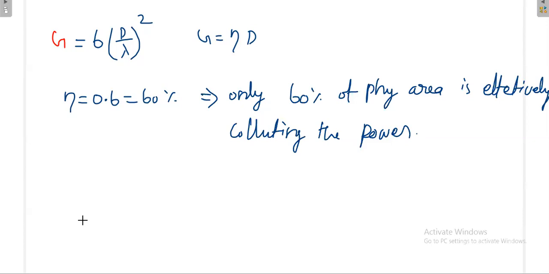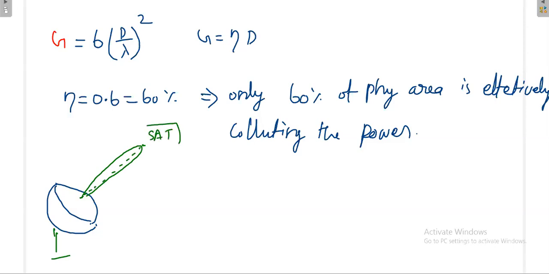Somehow I told you, once if you have a dish like this, if this is my dish, how will the directivity be? Suppose it is a transmitting antenna; it can be a transmitting or receiving antenna, no problem. The dish may act as either transmitting or receiving. The directivity will be something like this, because the power is flowing only in this direction, the satellite is upwards. Now once you tilt somewhere, the satellite position will be here, and the directivity is like this.